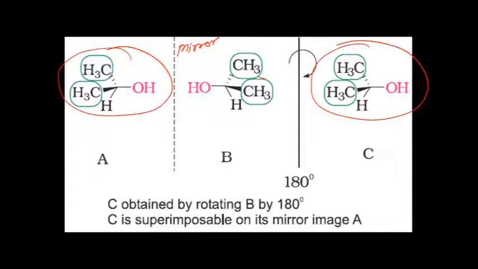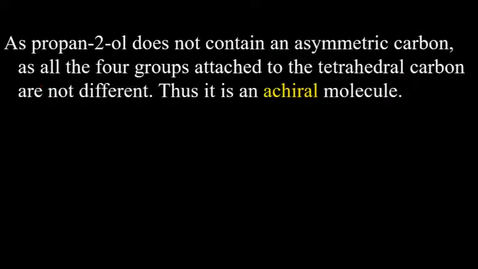The definition of a chiral carbon was that all four ligands should be different. So you could have seen just in the beginning that it has two CH3 groups, so it cannot be a chiral molecule. But this is how we explain it diagrammatically. Otherwise, later on, you will not have to use the diagram. It is just for explanation purposes. A chiral molecule is one which has all four substituent groups different.